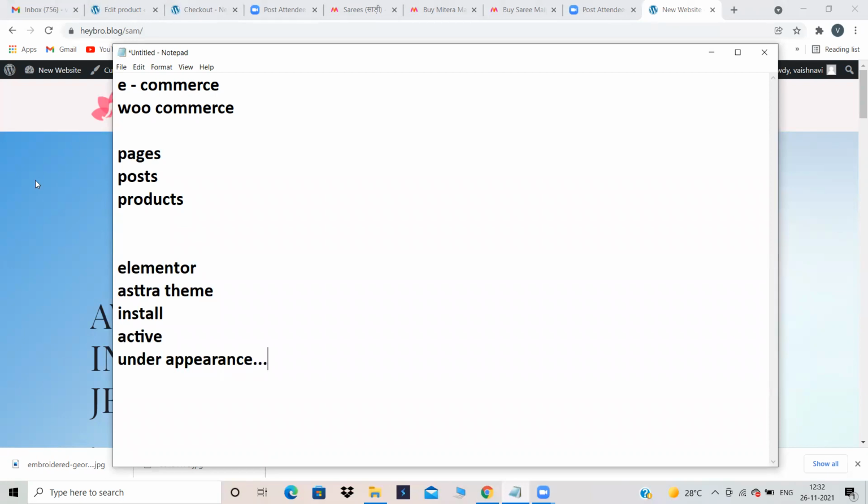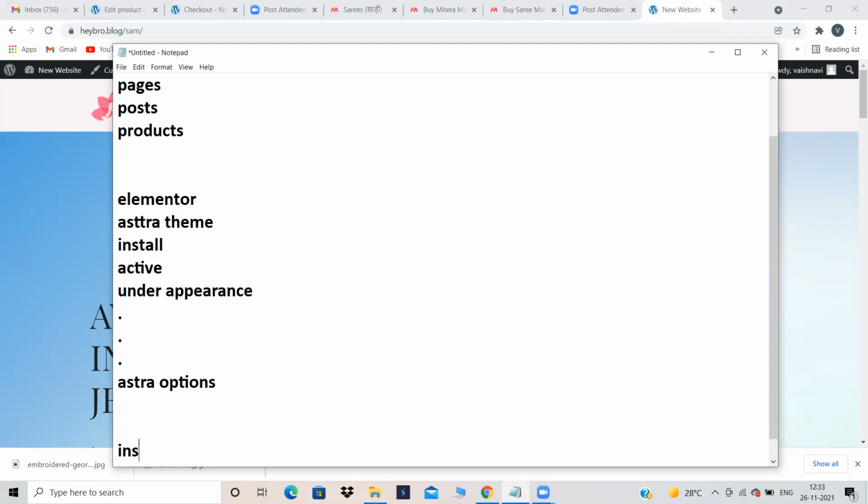Yes, under appearance, there will be an option called Astra options. Click on this Astra options. When you click on this Astra options, what's the next step? We need to activate import plugin. Yes, install importer plugin. Install, activate, whatever it is.